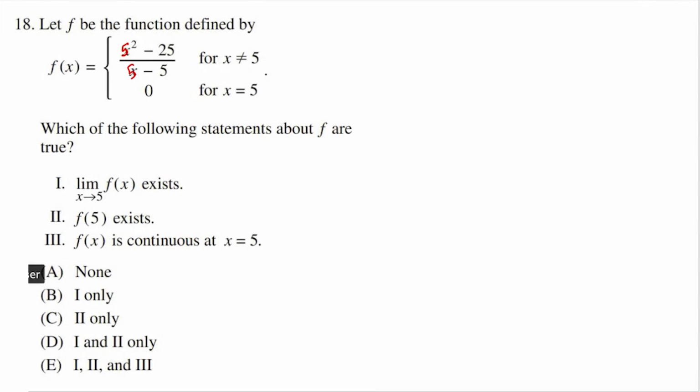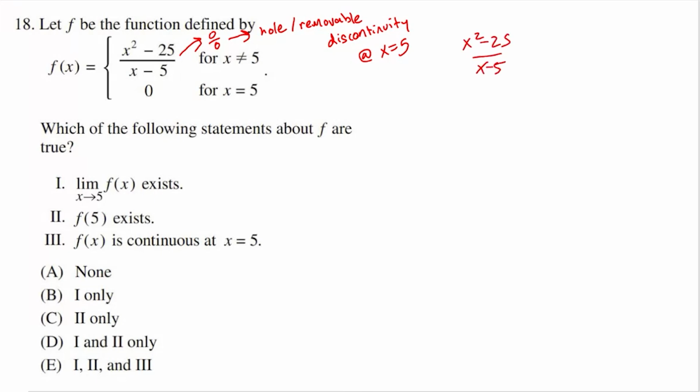However, even though we get something that's undefined here, and that doesn't really help us find the limit explicitly, whenever you get 0 over 0 through direct substitution, more than likely that's going to indicate that we have a hole in the graph. Now, that doesn't mean that's true every time. For instance, if you have an absolute value function, but if it's just a regular old rational function like this, if you get 0 over 0 through direct substitution, that means you have a hole or a removable discontinuity at x equals 5. So we can remove that removable discontinuity by rewriting x squared minus 25 over x minus 5